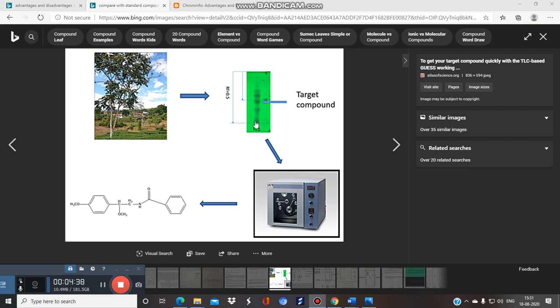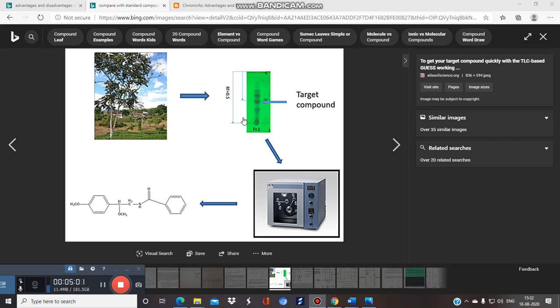This is the first compound, that is the mixture present in the particular plant. So TLC is putting here that this is the result. It will get separated because the main aim of chromatography is separation and identification. So this is separated into these compounds. So let's see, one compound, two, three, four, five, or six.